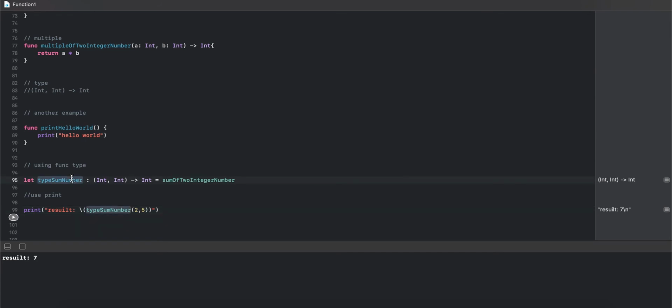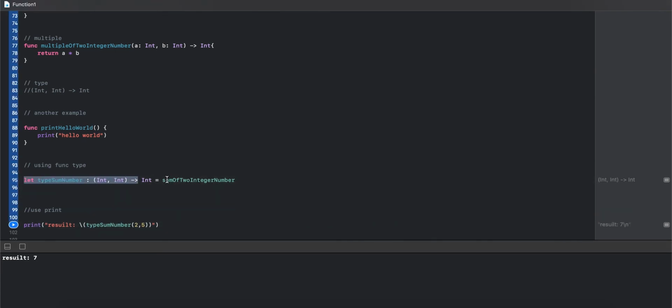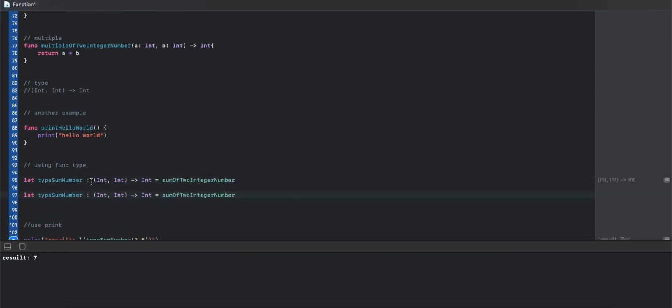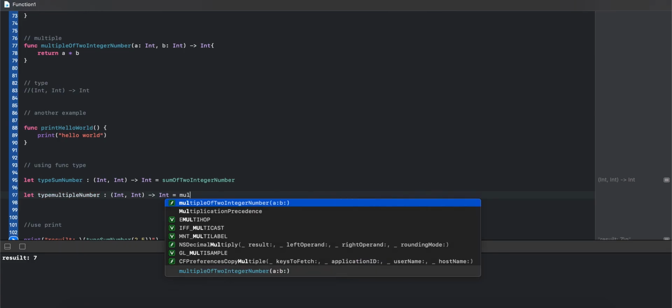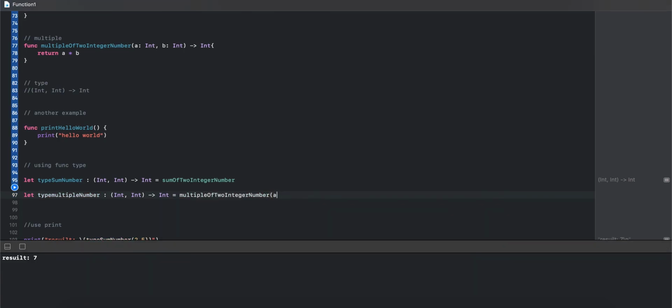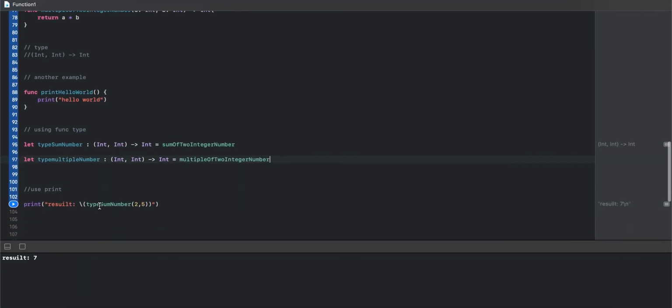We can use the function type the same way, and then we are going to create a multiply function. So Command C and Command V: let typeMultiply, with the same two argument types. We remove the argument names.